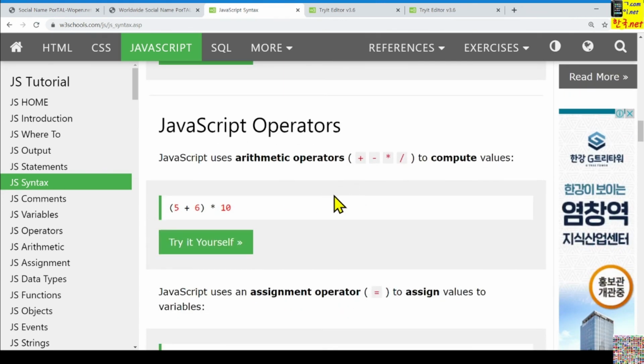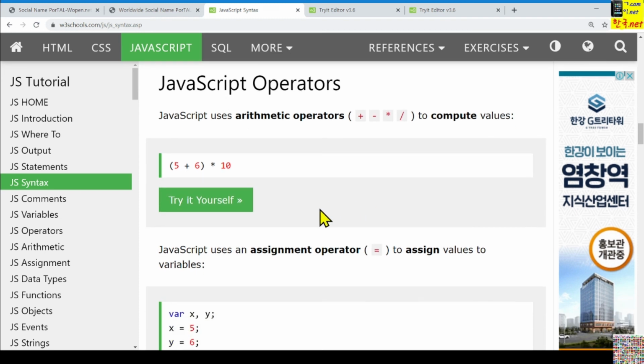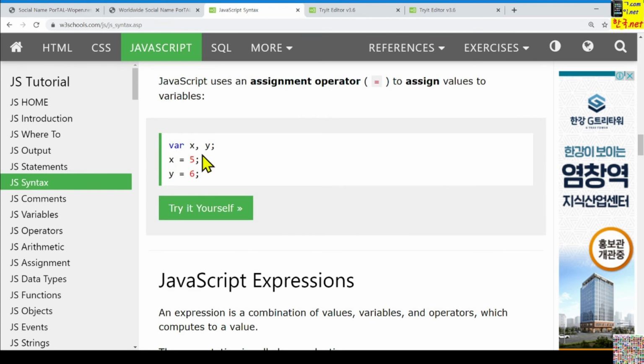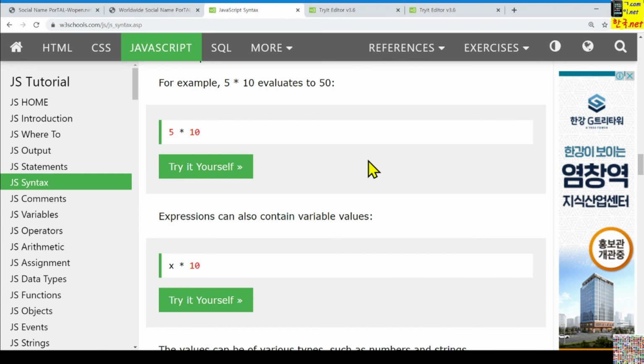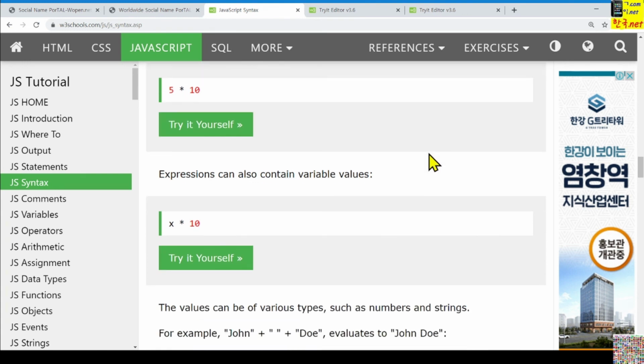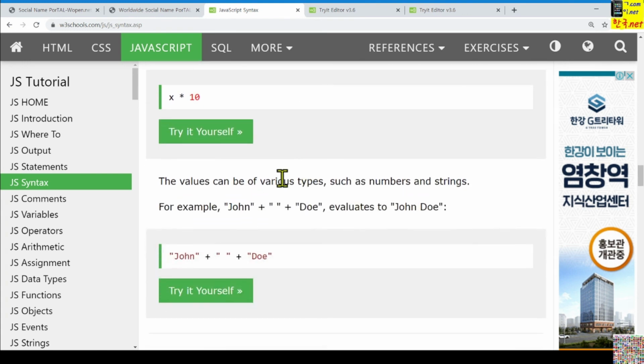And if you are considering the C language, you can see these JavaScript operators are almost the same, sometimes similar. Okay, I'll skip some simple contents. And here, I'll try to mention something special specifically.